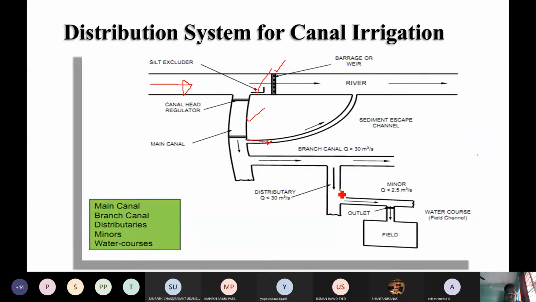So this is the actual layout scheme you apply for canal irrigation. The main canal, then you have seen the location of the branch canal, distributaries, minor canals, and water courses, where this is the agricultural land. The water is directly supplied over there. Then for each and every point you need to find out the discharge and design for it. You have seen in the duty and delta chapter the requirement of the crops, that is the demand of water according to the duty and delta, you need to find out as per the types of the crop.